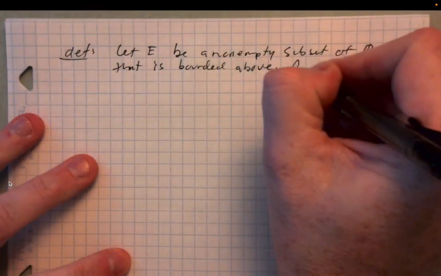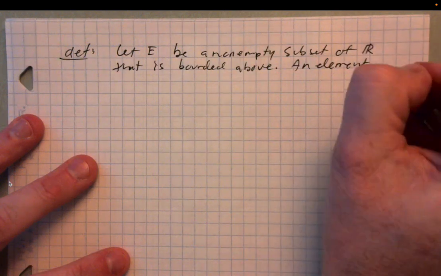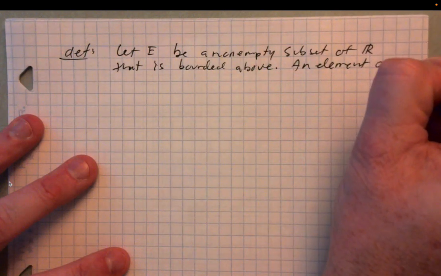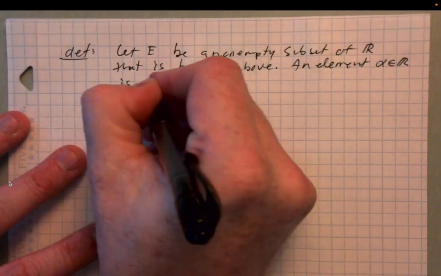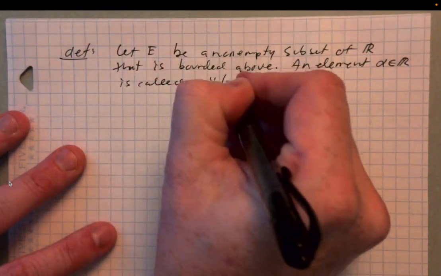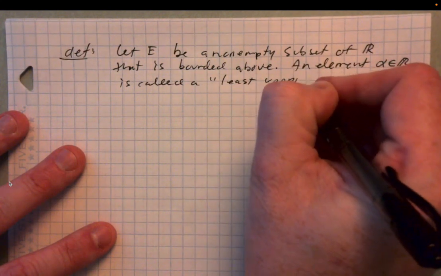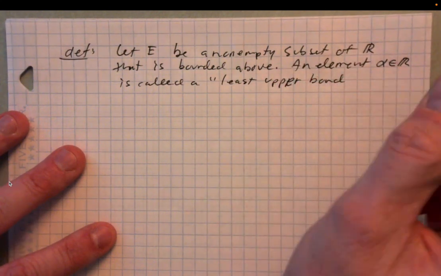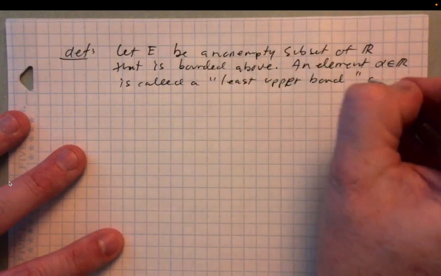An element alpha, a real number alpha, is called a least upper bound of E